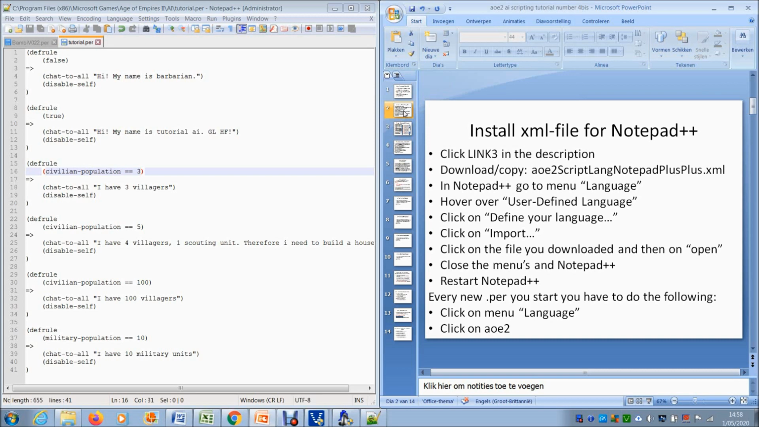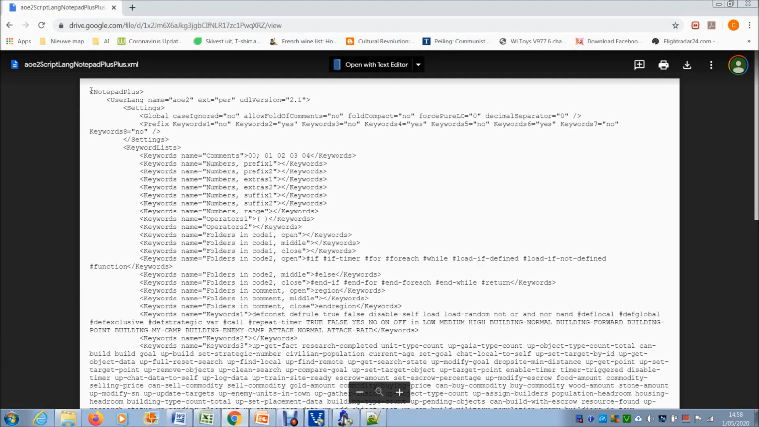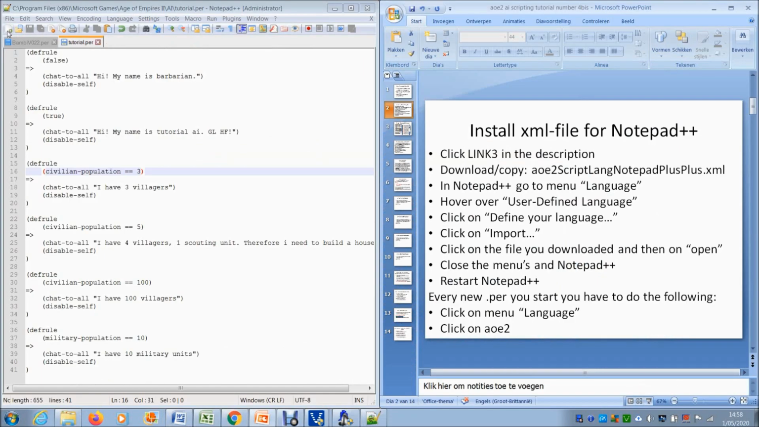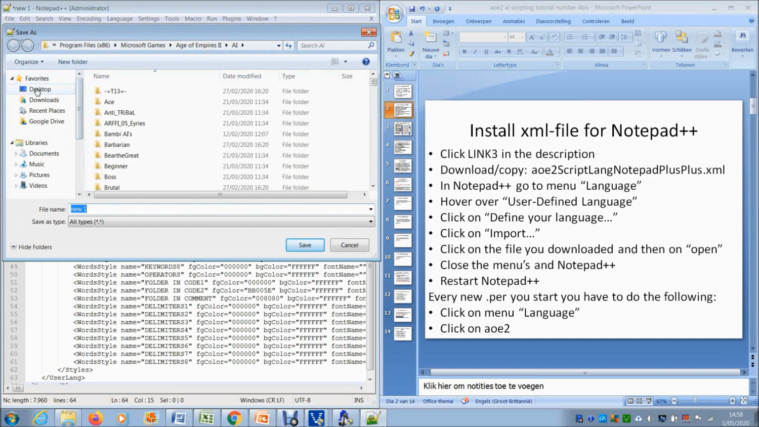We click on the link 3 in the description of the video. There are two methods: download or copy the XML file, for instance, to your desktop. I will show you the copy method in case you don't have a Google account. You copy all this, open a new tab in your Notepad++ and save, for instance, on your desktop,